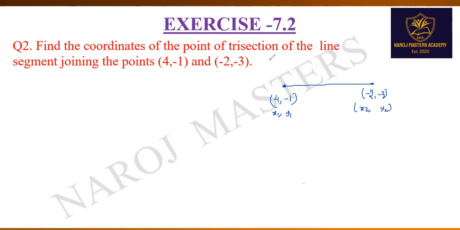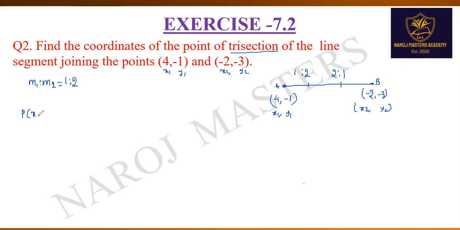Here it is clearly given that it is trisection, so divide into 3 parts, 1 2 3, so 3 equal parts. So either in the ratio of 1:2 or 2:1. If you take from this coordinate, let me take it as A and this as B. So AB in the ratio either 1:2 or 2:1. So take both. First take it as 1:2. So m1 is to m2 is equal to 1:2. Now substitute this in the same formula, that is the section formula.